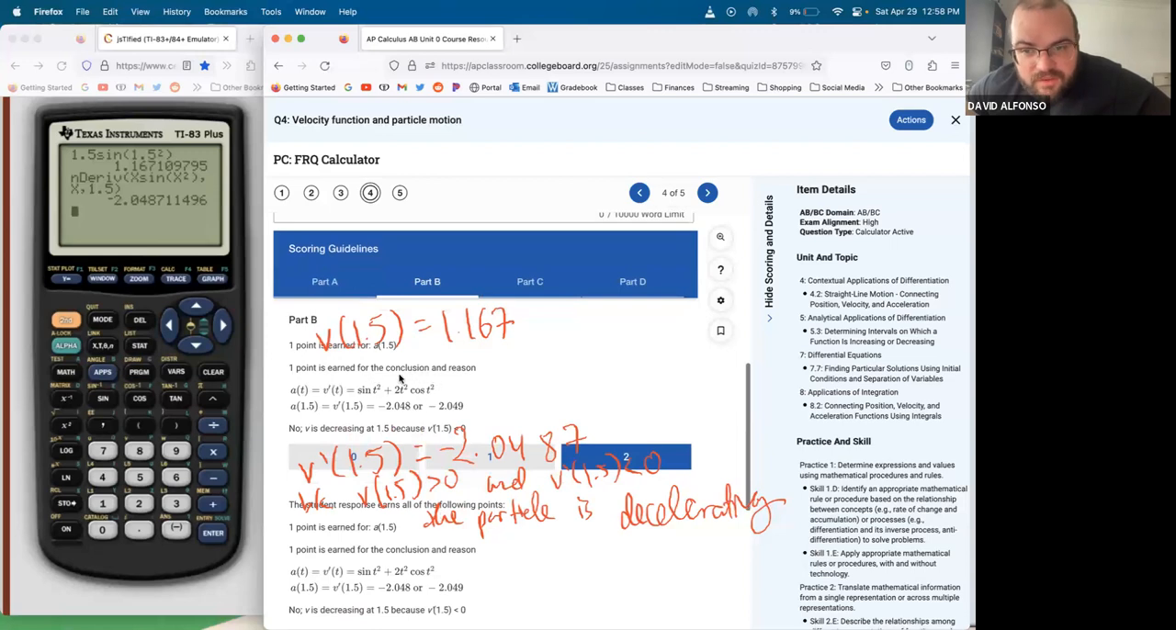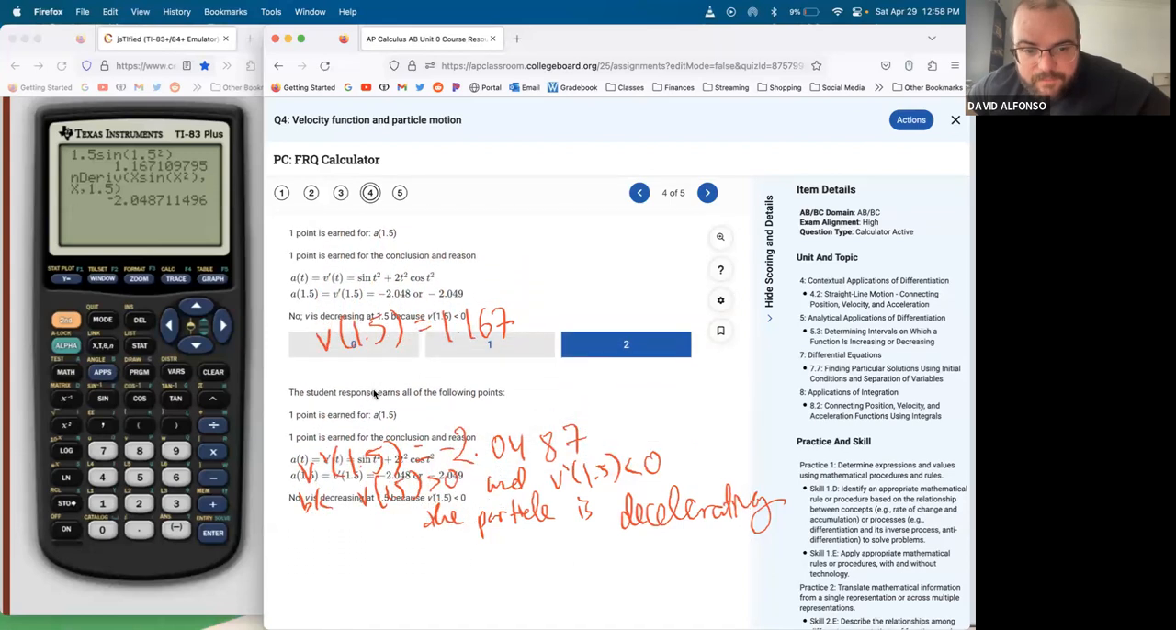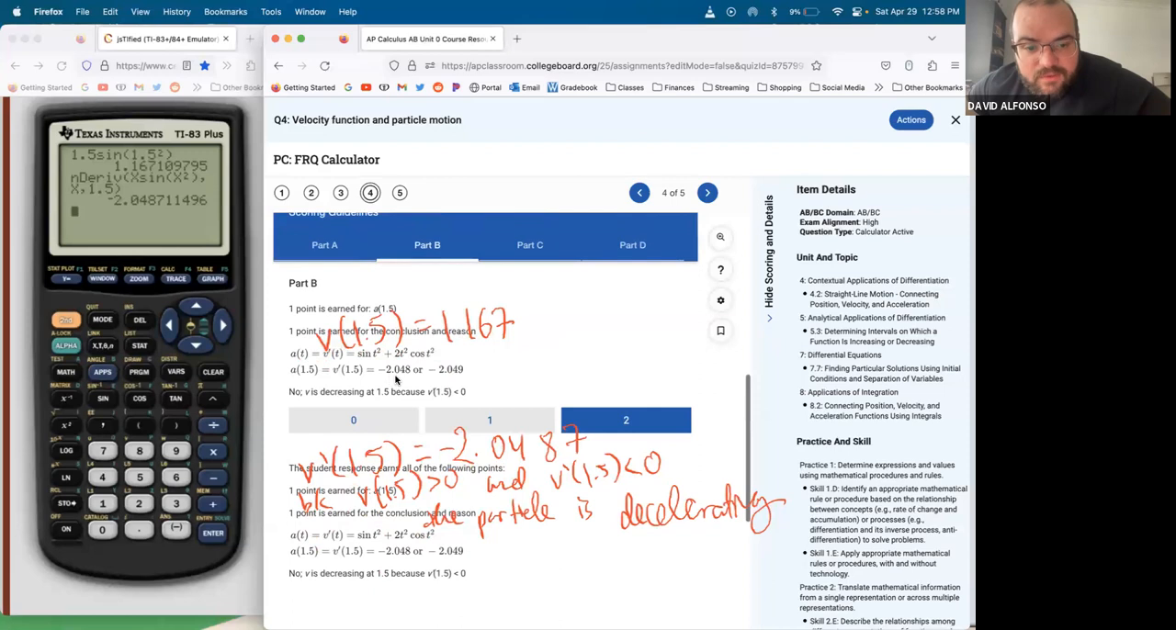You did not have to do this. This is a calculator section problem, so you did not have to do this. You didn't actually have to find the derivative. You just had to find -2. I don't know why they did this. Well, I do know why, because